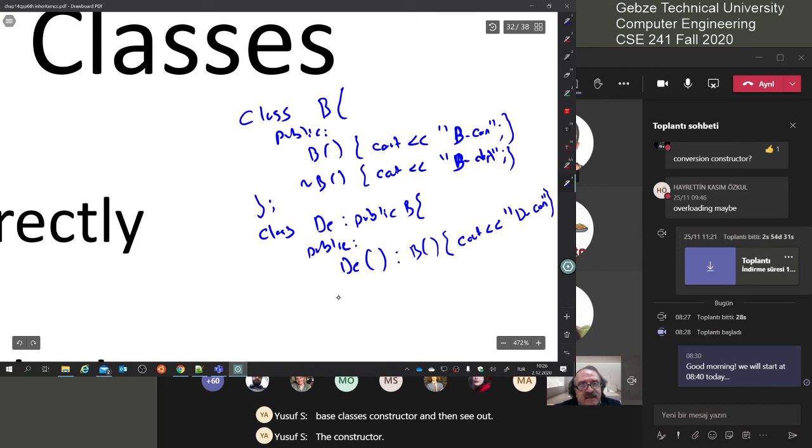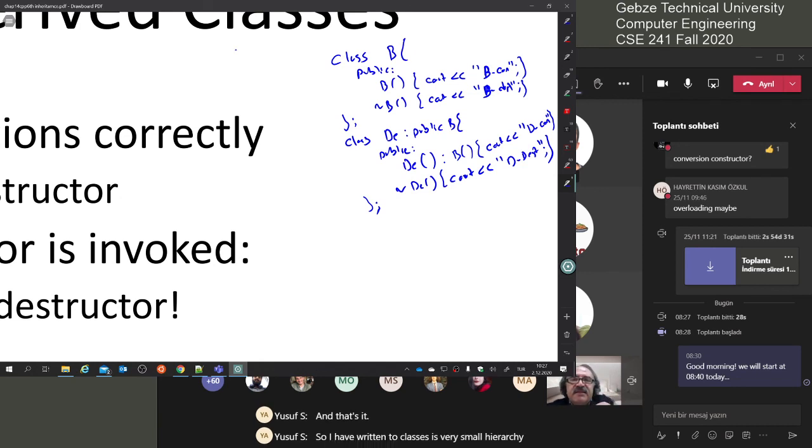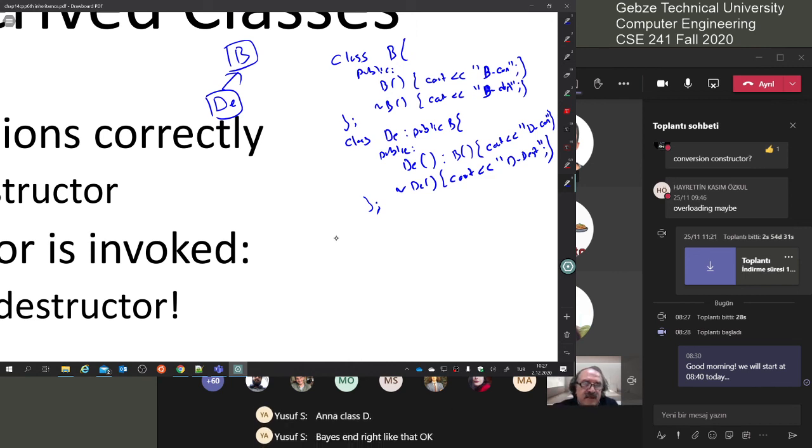And then I have the destructor of this one. It will call cout the destructor, and that's it. So I have written two classes, a very small hierarchy, a class B and a class D, base and derived, like that. Okay, let's say in my function main,